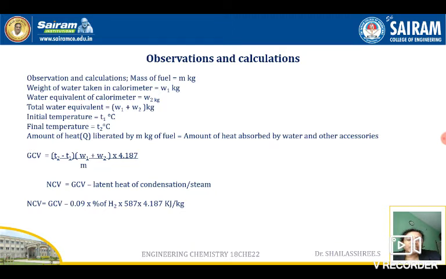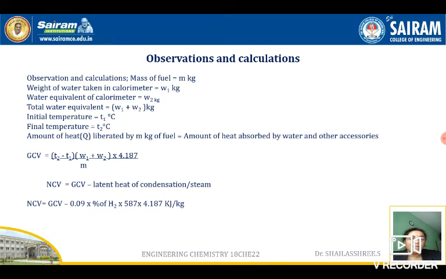So if this question is asked, you have to write all the steps, because each and every step carries marks. It is not like everything will be written in one paragraph and you will be getting marks. No, you have to write very clearly. First you have to write the principle. Principle is you have to take a known amount of the fuel and we are heating it, heat is liberated, that is absorbed by the surrounding water and the temperature of the water is raised. That comes under principle.